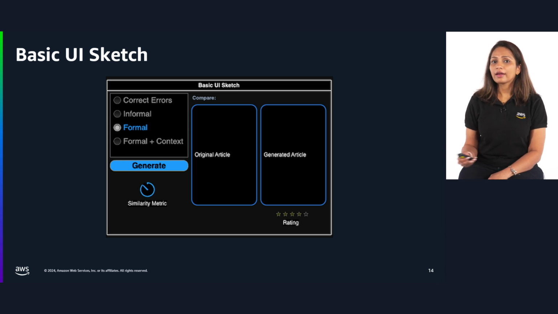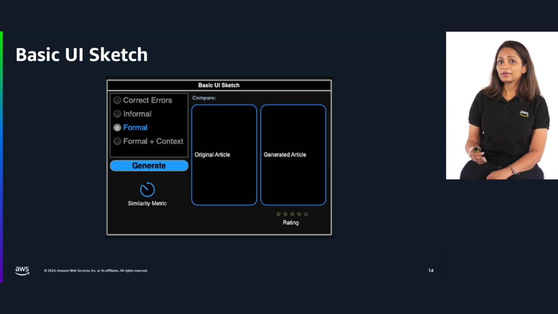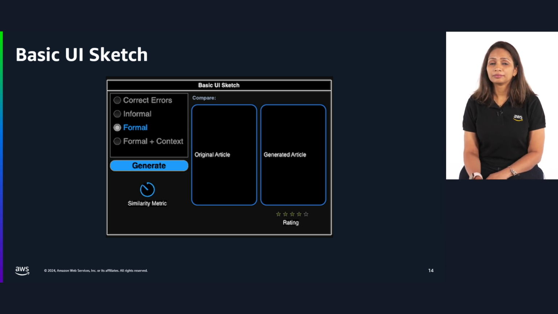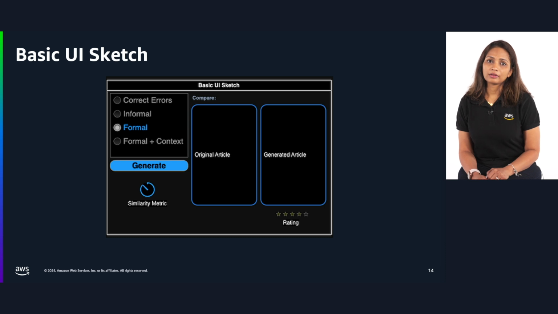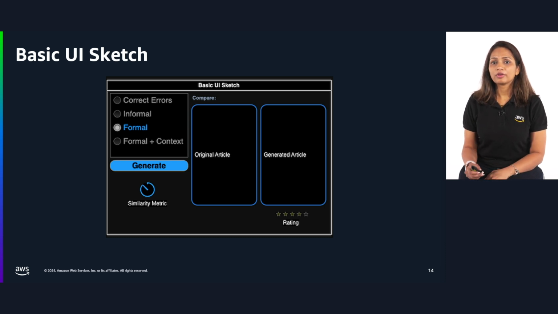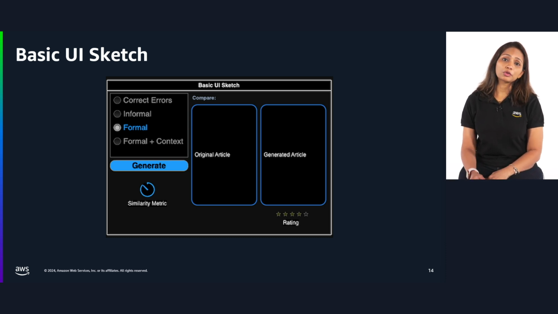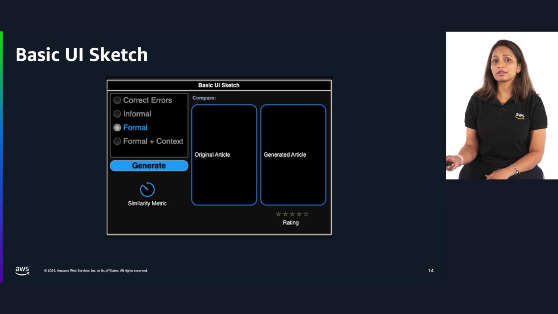The user doesn't need any knowledge of GenAI or LLMs. All the automation happens under the hood. As you can see, there is also an option for the user to rate the article. This accumulated data will help in implementing the RLHF method as discussed in the previous slide. In the following slides, we will go through the high-level architecture to see the various steps and services involved in accomplishing this process.